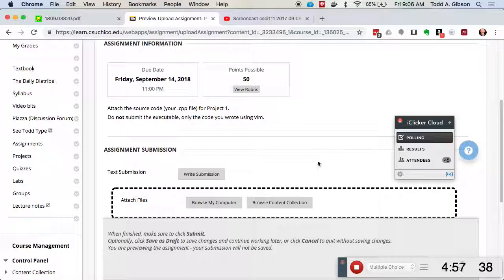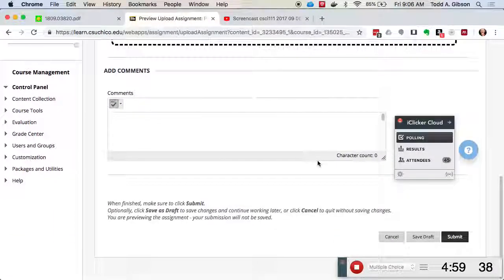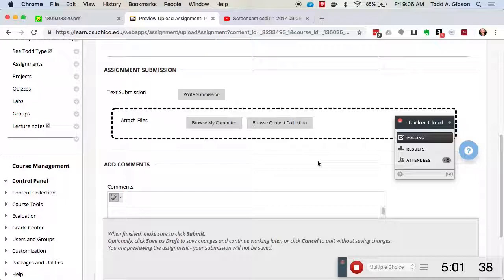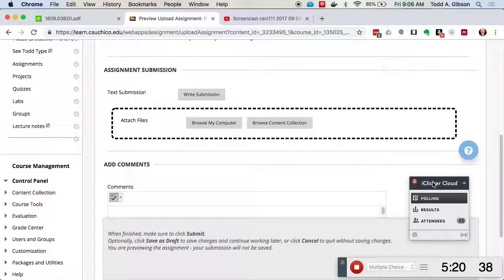Another thing is that I believe I have it configured for all of them, is that when you go to submit something, I should have unlimited submissions, which means you can submit the thing as many times as you want. The only thing that is graded is the most recent one you submitted. So if you realize after the fact you made a mistake and you go fix it and resubmit, then everything's cool. If I do have some sort of assignment where it's clearly not due yet, and yet it won't let you submit a second time or a third time, let me know.